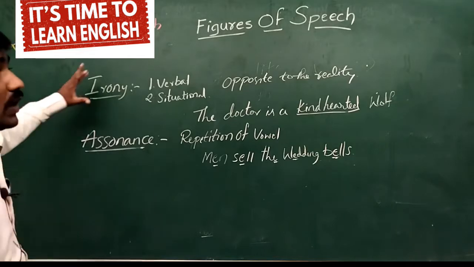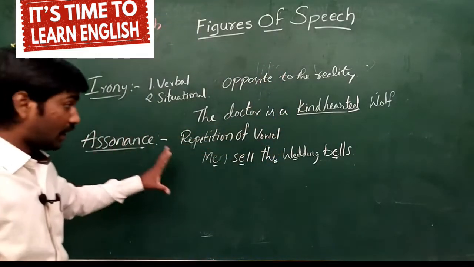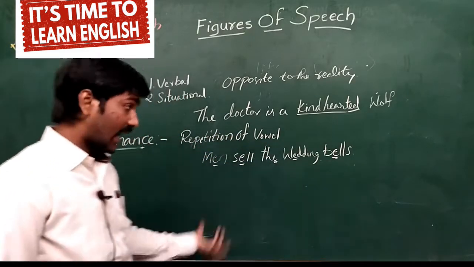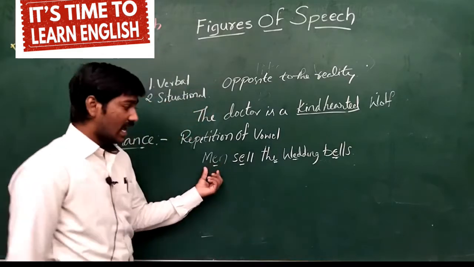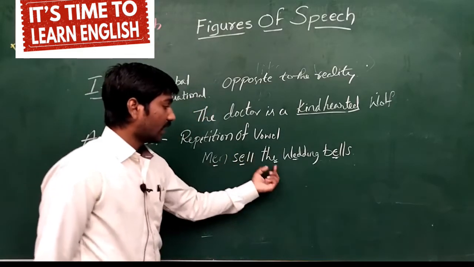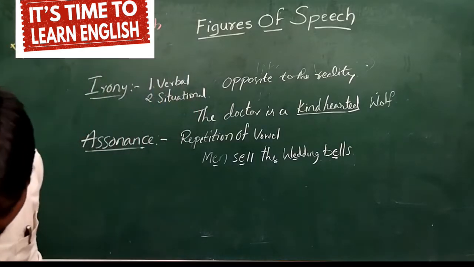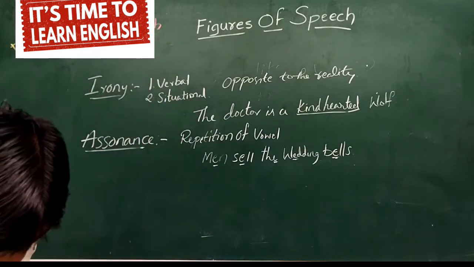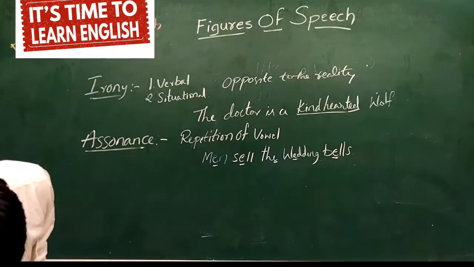So irony means what? Opposite to the reality, and assonance means a repetition of a vowel letter again and again. Men sell the wedding bells. So here we got E, 1, 2, 3, 4, 5 times. So that is called assonance. So let us come to the next important thing, that is